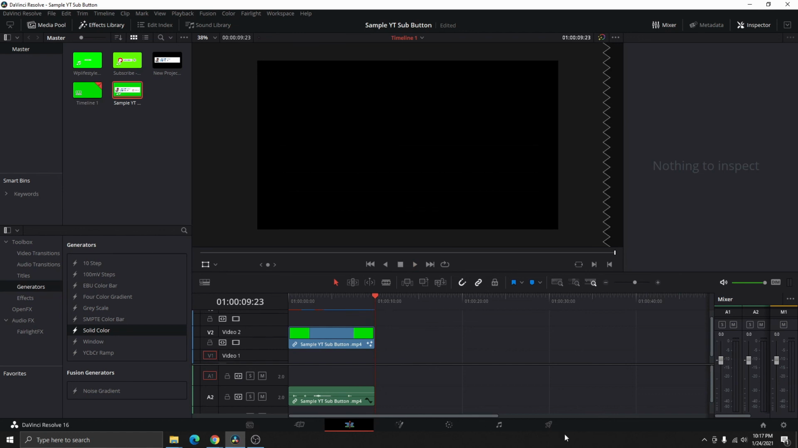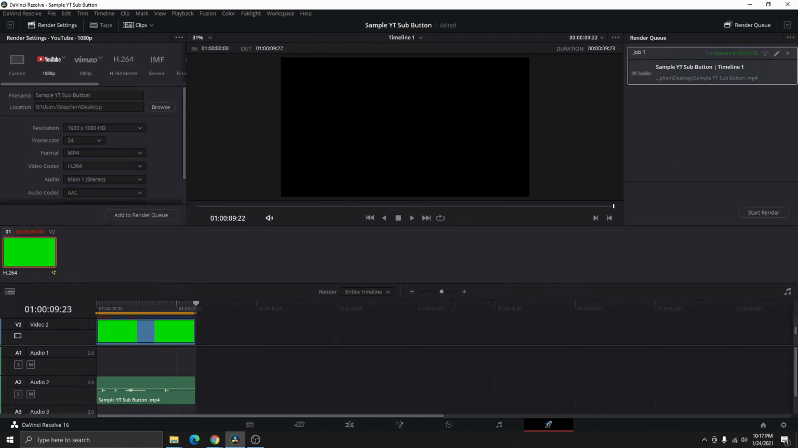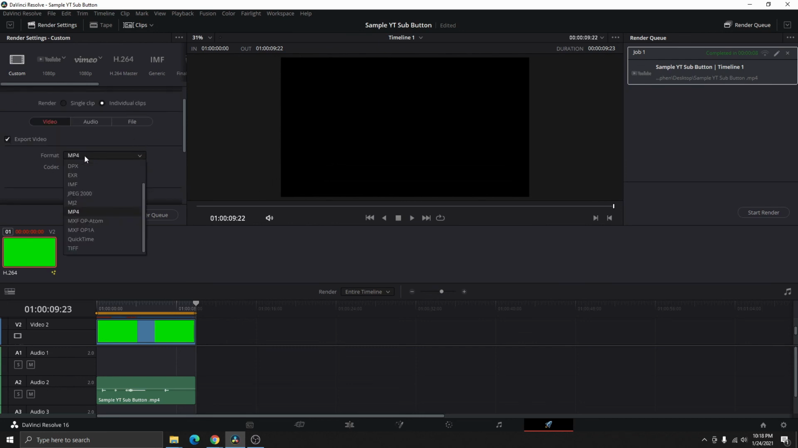So if I go to deliver tab right now, this time all we need to do is to change this to custom. So I'm going to use the same name that I have before, so I'm going to copy that name, and then over here file name, I'm going to use that same name, and then I'm going to save this on desktop. You can choose whichever location that you want, and then this time, this is very important, you need to make sure that you select the individual clip, because we want to export this transparent background as well. So you select individual clip, and then over here the file format, you want to change this back to QuickTime,